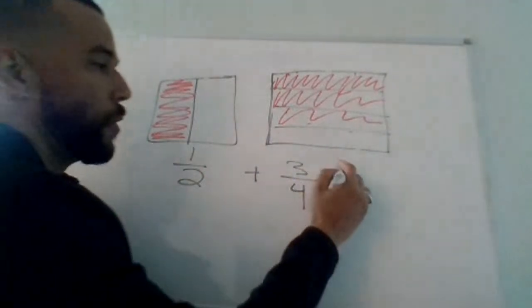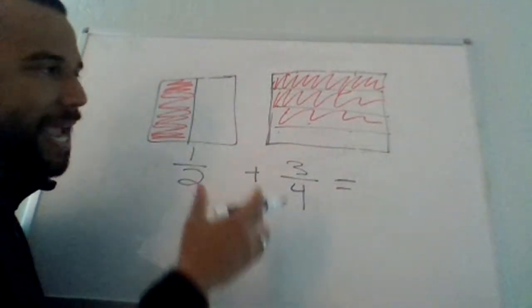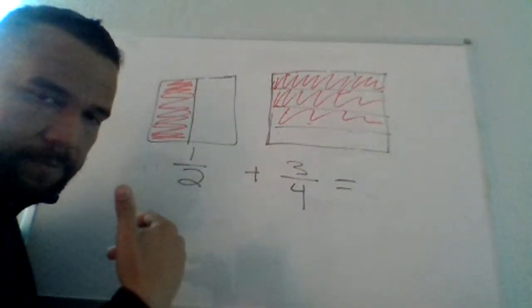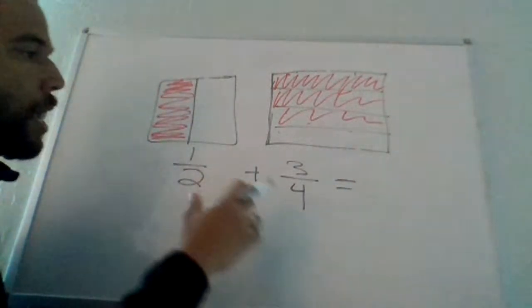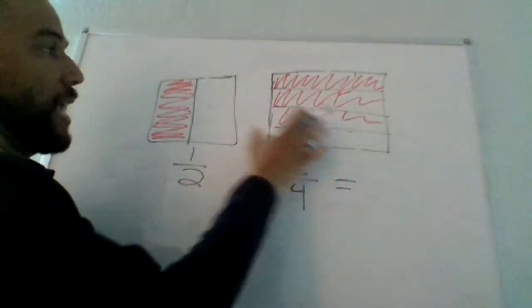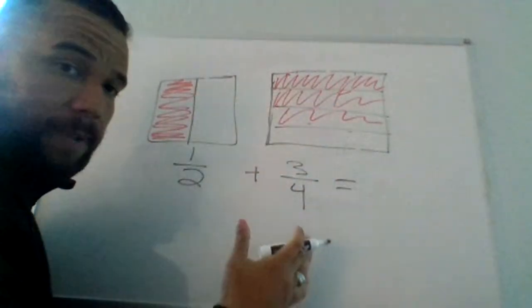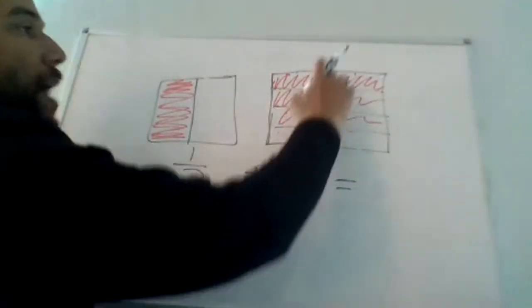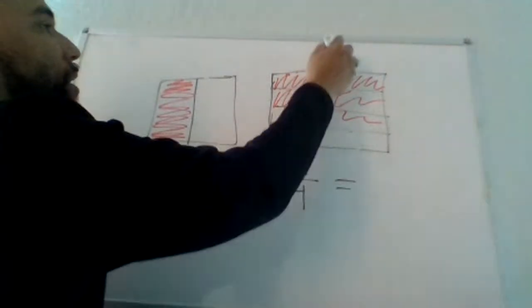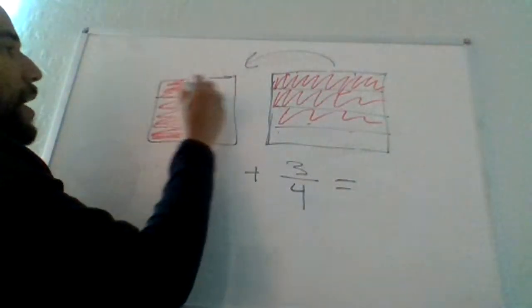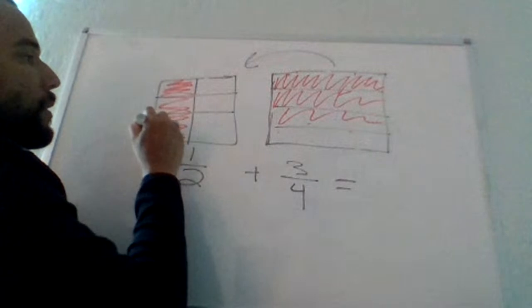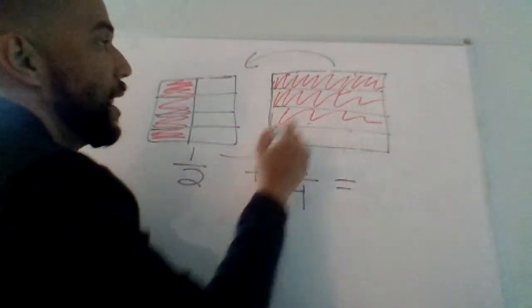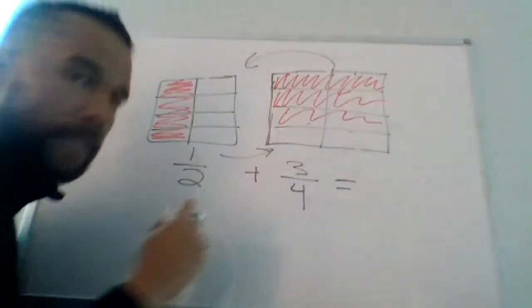These models show us why we have to understand what a fraction is. This will help us tremendously later on, right? So how do I make these fractions the same? Obviously, the models show me they're not the same. It's by bringing over my cuts, my partitions. So I have 3 cuts here, so I need to bring that over and cut 3 times here in the same direction. I had 1 vertical cut here, I need to bring that over and cut here in one direction.